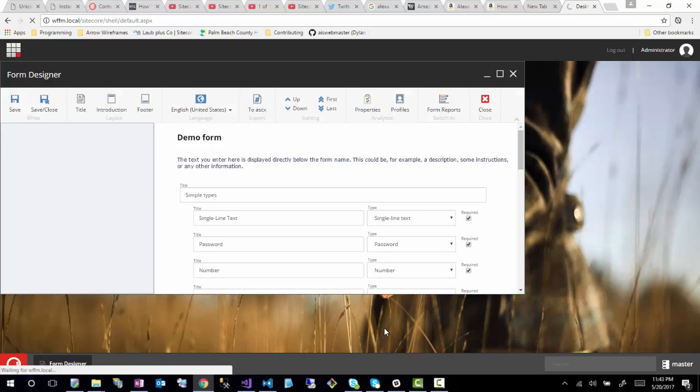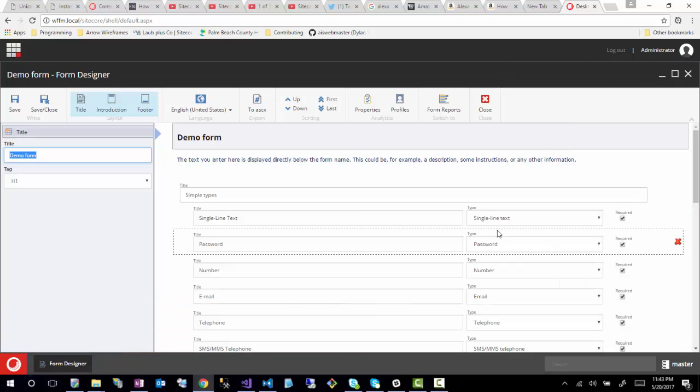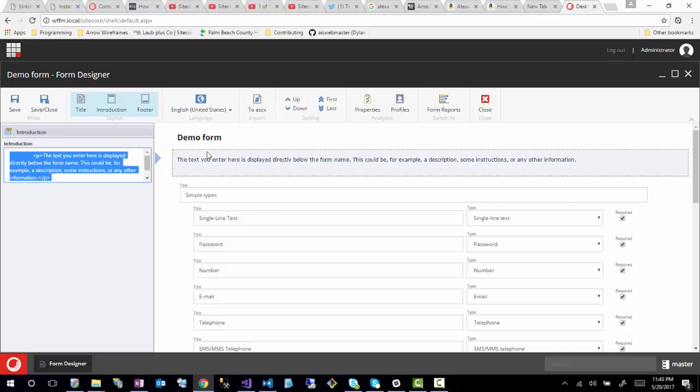Now comes up a form designer, which allows you to basically build your form however you may choose to build it. Out of the box, it comes with a bunch of fields that you can customize, and it's a really easy to use interface. So at the top, you'll see that there is an area of text. You can actually select it using the form designer, and then you can customize it with HTML text or whatever